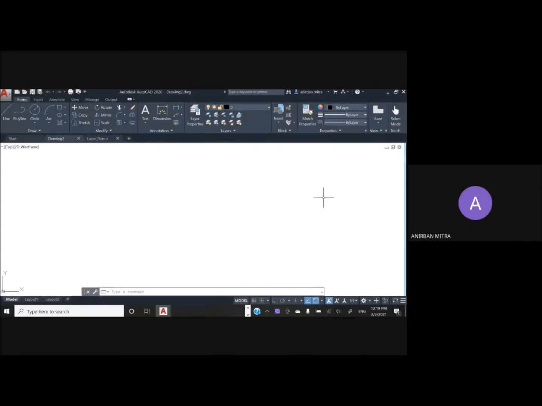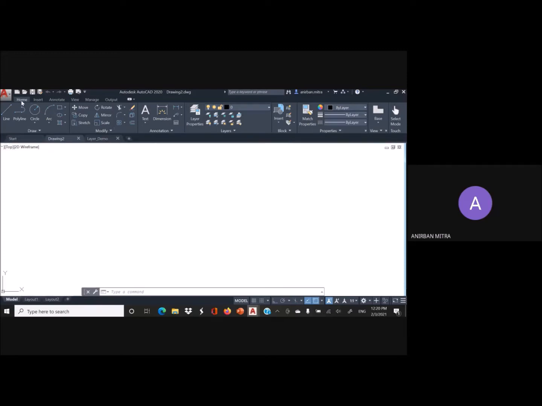This is the AutoCAD 2020 interface, with which by now you should be familiar. The first task here is to locate the layers panel, and it is present in the ribbon area, which is located just above the drawing window here.